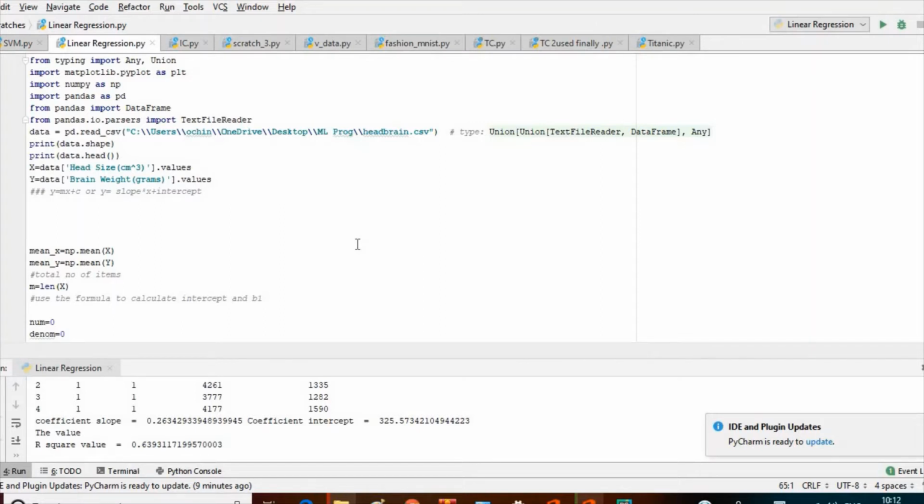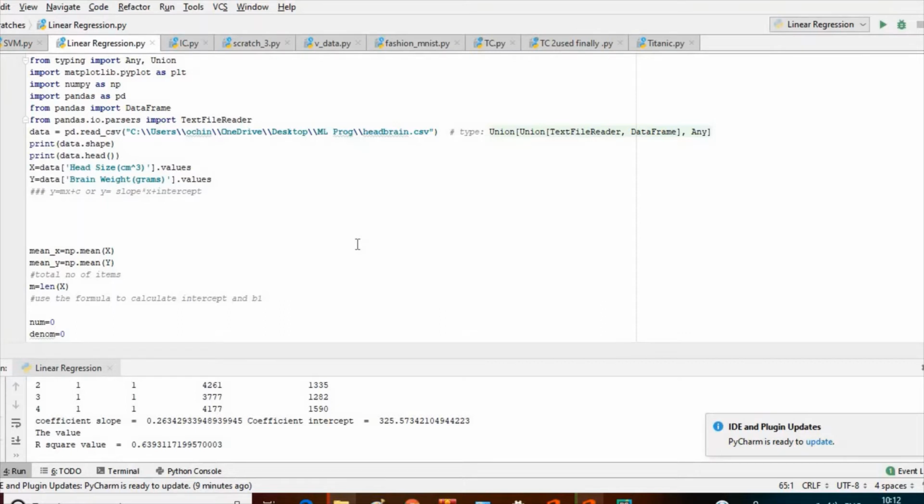So I have installed version 3.5.2 of Python because it supports many applications, including machine learning as well as deep learning, and I am using the PyCharm editor as the editor for Python here.